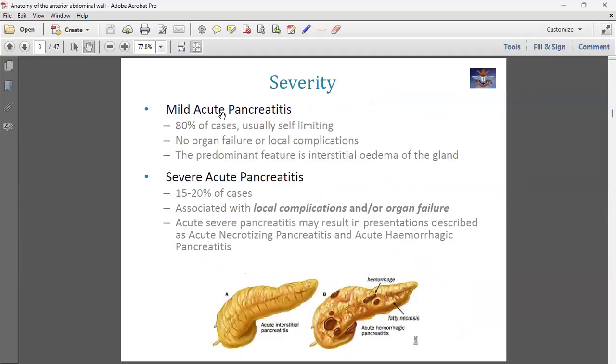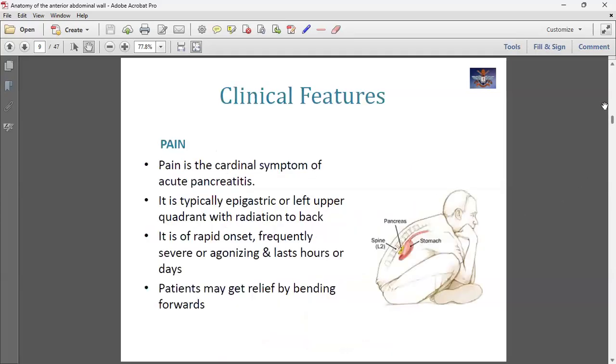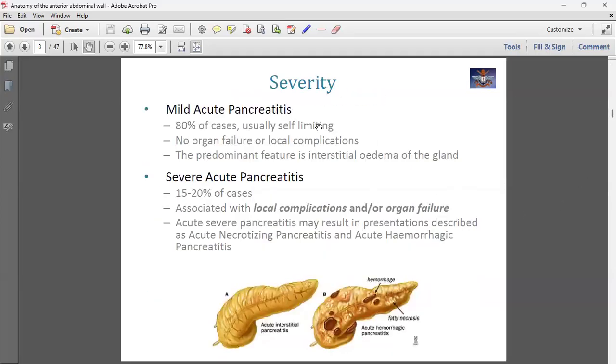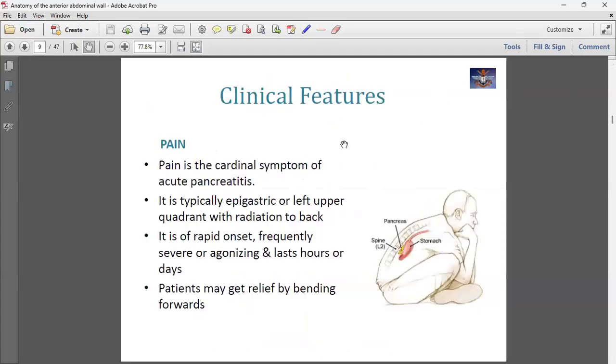Okay, and then there are several severity grades of pancreatitis. So mild and severe. Usually severe is associated with local complications and organ failures. And there are scoring systems for the severity. We'll come to that. So once again, the clinical features: epigastric pain or left upper quadrant pain with radiation to